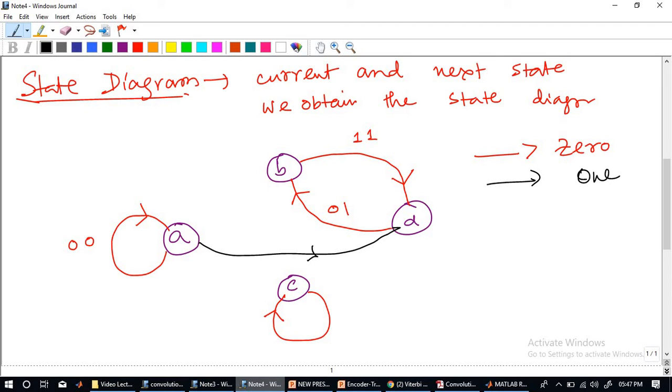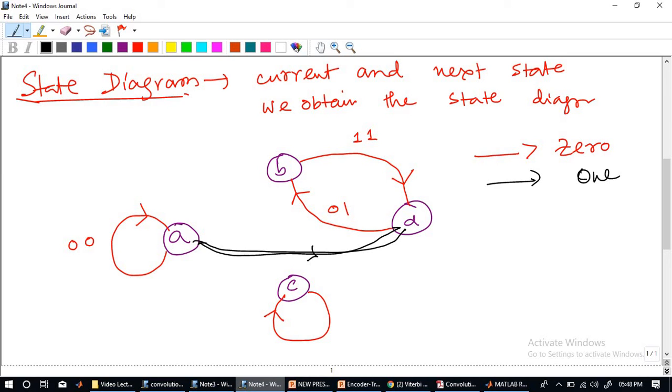Suppose it is asked what is the state diagram given a message 10111. So for 10111, it will start from A. So you have to trace for 1. Suppose this is your tracing path 1. Then from B, what happens to the next state when the input is 0? So you have to trace at B. Because this has already been done, you go to B. Then what happens when the input is 1? So you have to take 1. So like that you will go on changing the values and you can get the corresponding output. It's the same manner as we did for the trellis. So these are the possible output parameters that will give you an understanding of the encoded output.